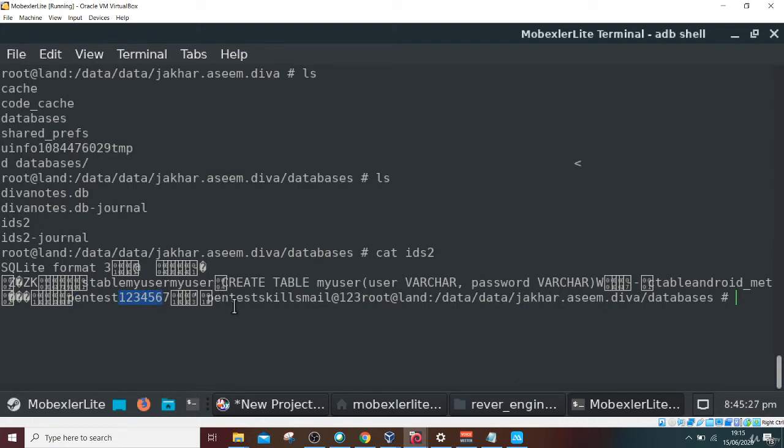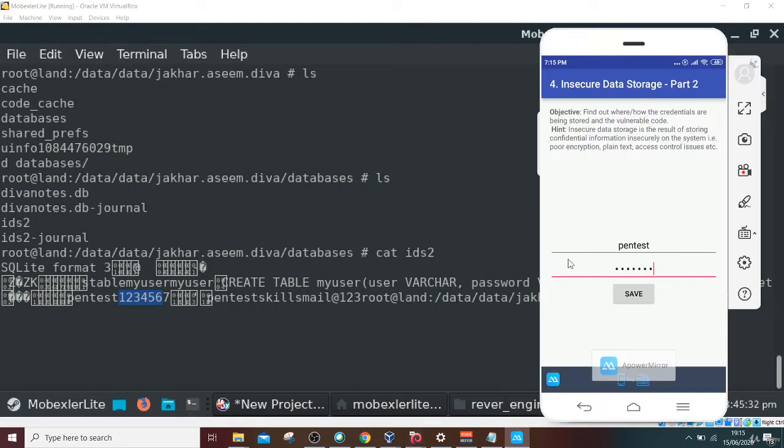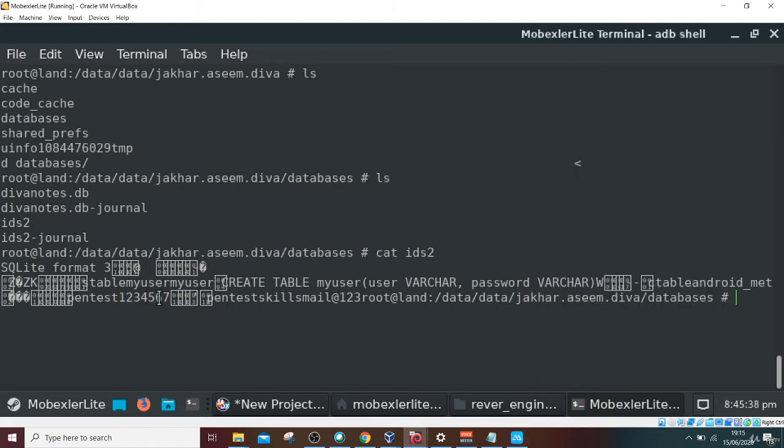So it is taking every credential entered from this console and saving it in plain text. That is one of the vulnerabilities, because any application should not save sensitive credentials in its DB file in plain text. Here it is showing in plain text using the cat command.